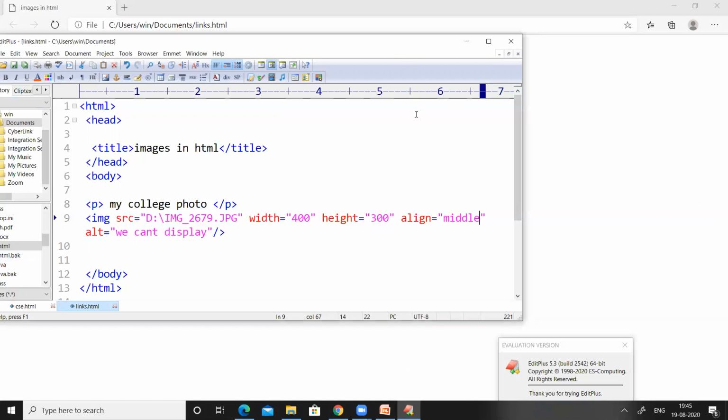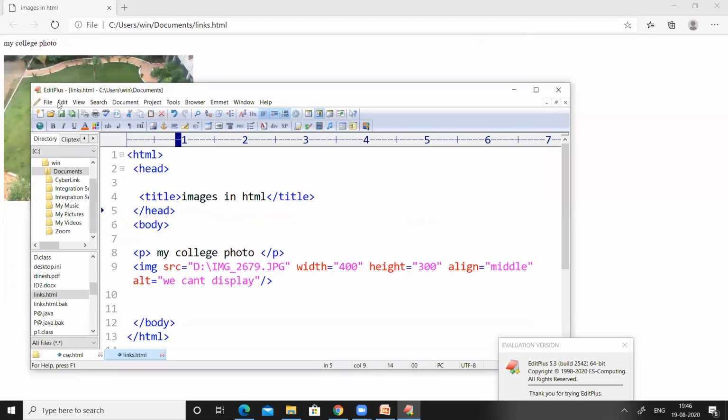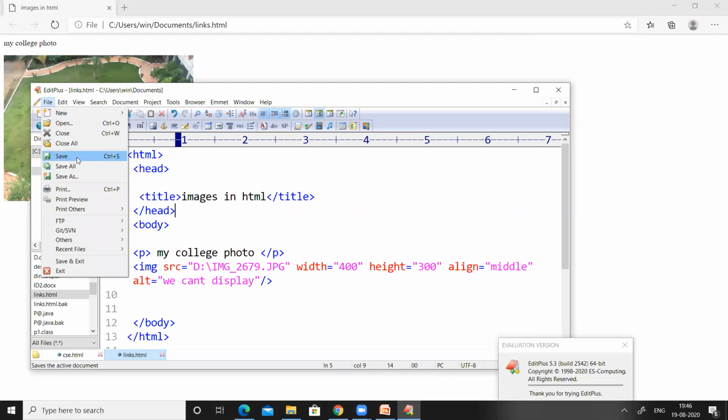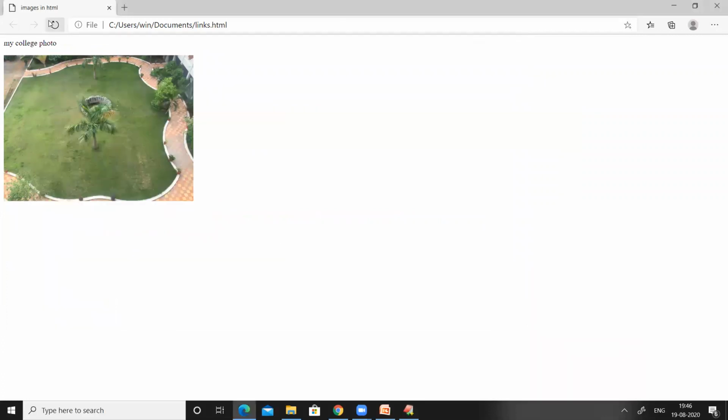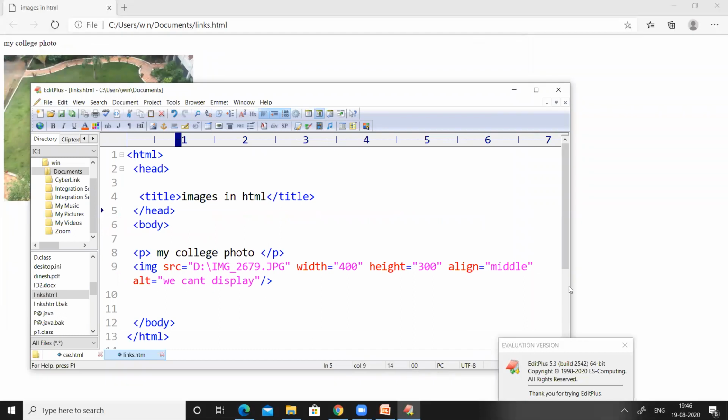I will look at this later and I will show in the next classes. I don't know why the image is still on the left side. One second, maybe. Okay, the image is still on the left side of the page. I will check this middle option and explain it later.